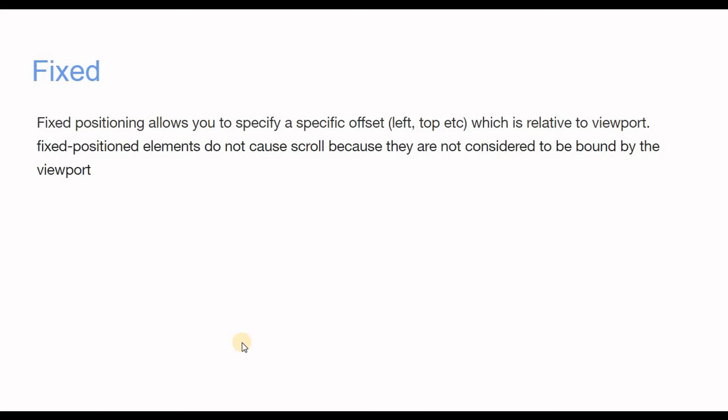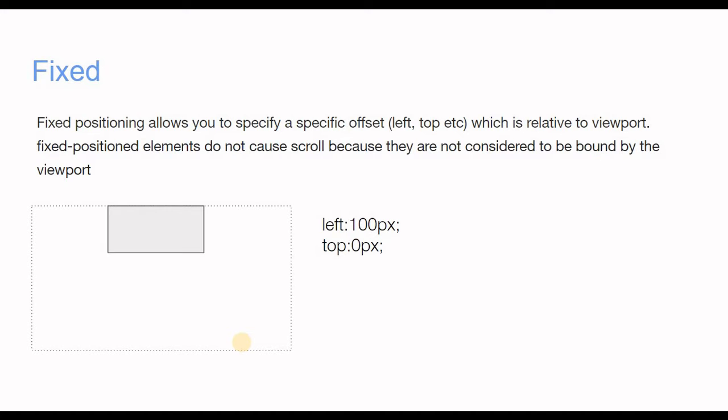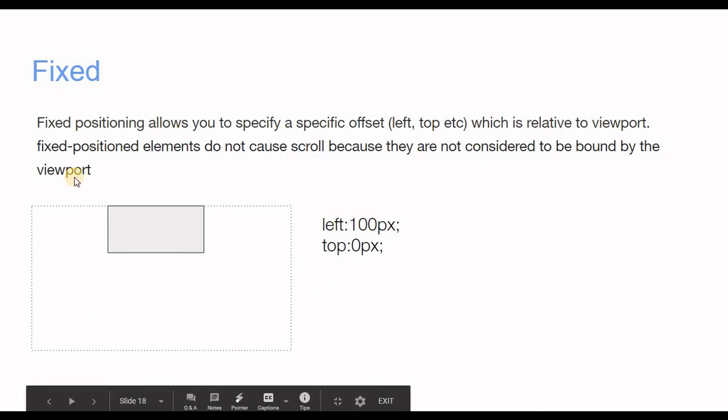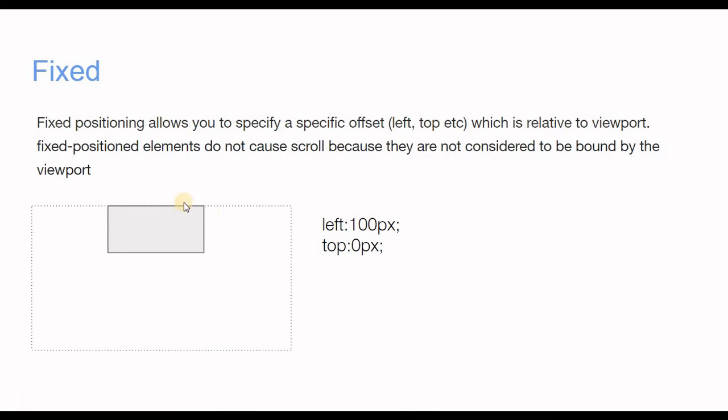And the last thing is fixed. In fixed position, the element doesn't depend on the parent element, it always depends on the screen or the viewport or the view area, whatever you want to call it. All are same. So if I am providing 100 pixel from left and top to 0 pixel, it will always take the viewport's top and viewport's left.